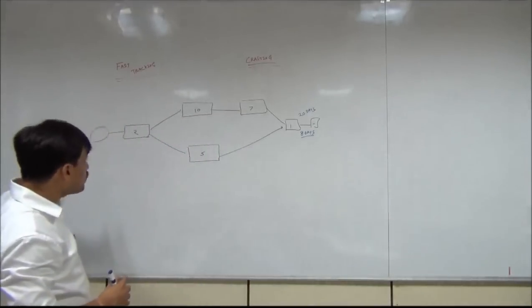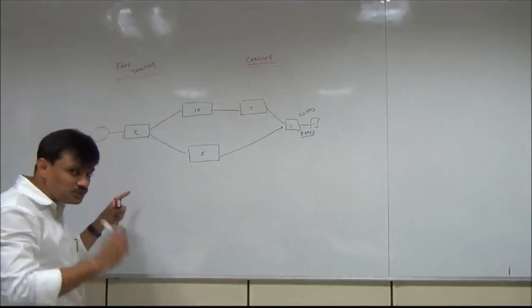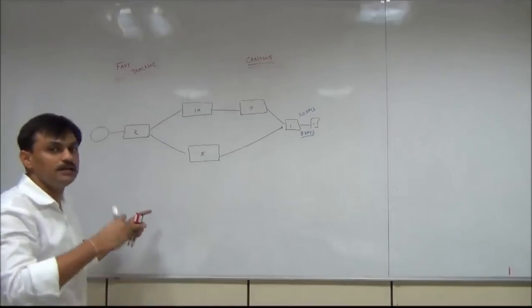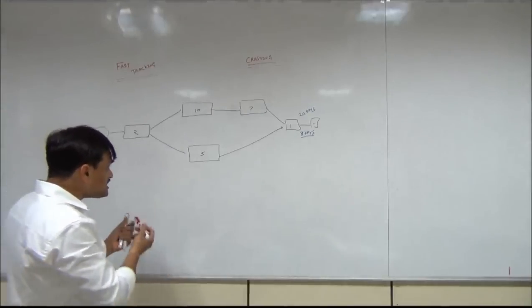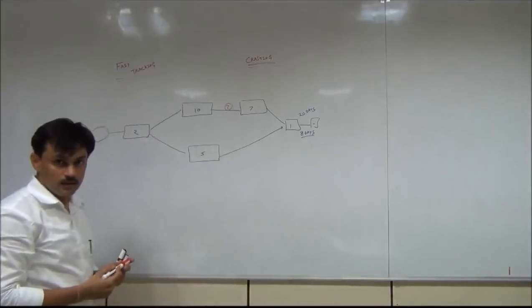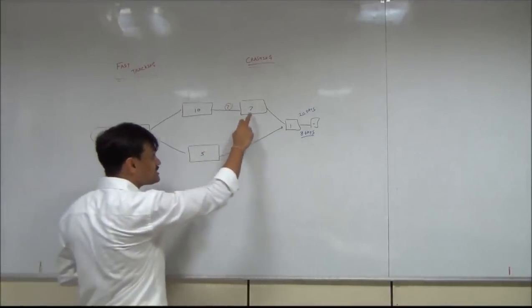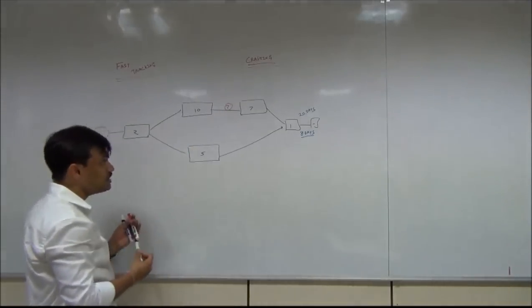Now, if you want to apply fast tracking, so first we are applying fast tracking, and in fast tracking, we overlook the dependencies. We say that this dependency, can we compromise this? Can we do the activity number 7, the activity which is taking 7 days, say give it a name C,